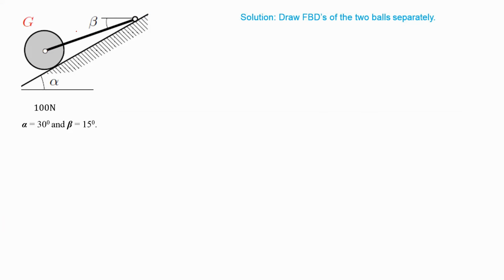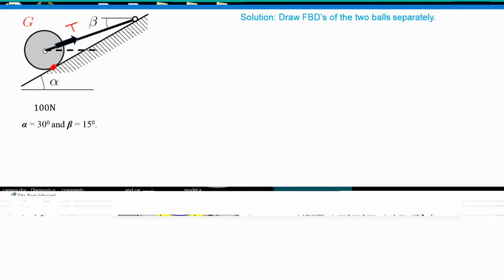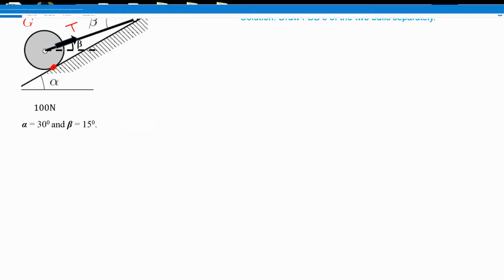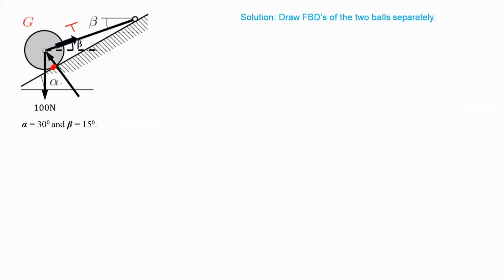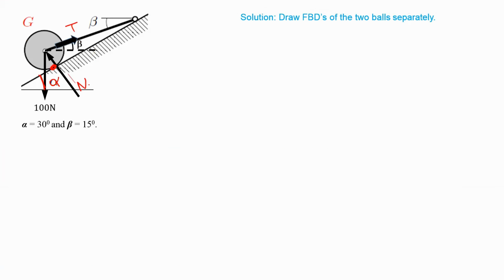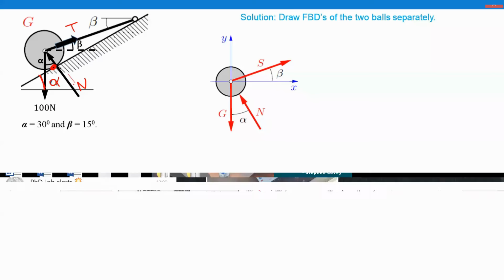So here you will get one tension over here. Okay, and then this is a contact surface. So at this point you will get reaction, right? And let's name this angle as beta and this angle as alpha. Okay, so this angle is alpha and this angle is beta. And weight of this sphere is given as 100 Newton. So this is 100 Newton. And I'm getting a normal reaction, this one. So this is normal reaction N.